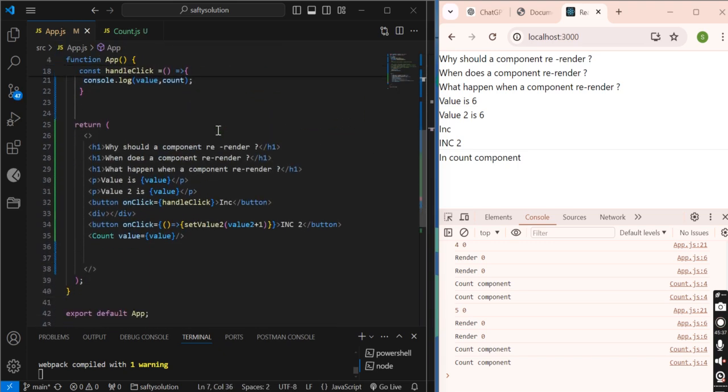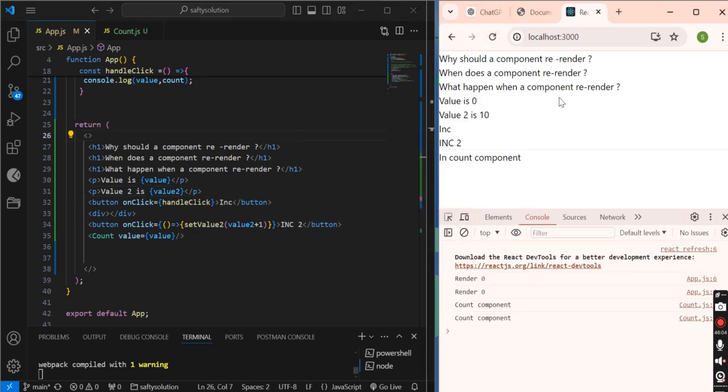This must not happen, value2 plus 1. Why is it so? Okay, this is because at both places we have printed the same value here.